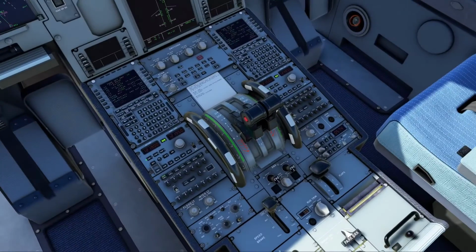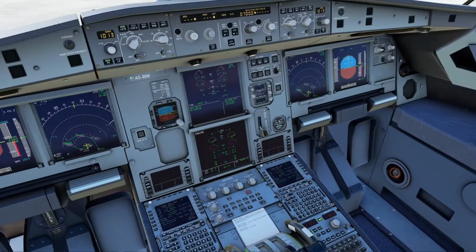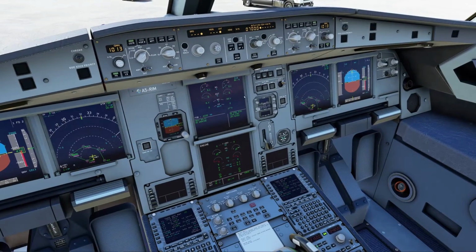Alright, so we're going to go for engine start, select ignition, and engine number 2 start. That's spooling up.